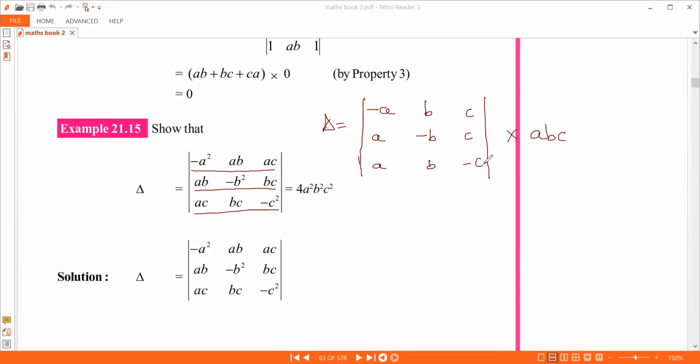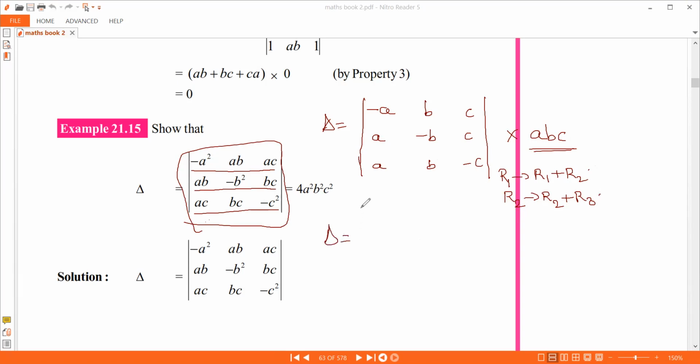Now this determinant is very simple to solve. Initially, when you look at these things, they are really tough. To get this idea is the toughest part. You had to remove that. Now it is very simple, a piece of cake. You can get as many zeros as you can. Perform R1 equals R1 plus R2, and then R2 equals R2 plus R3. You will simply get as many zeros as you want.